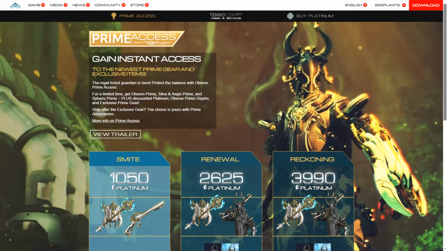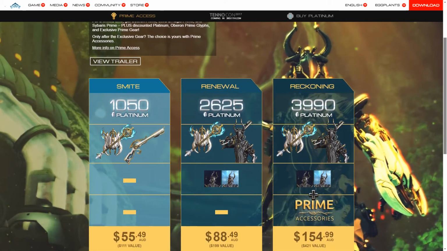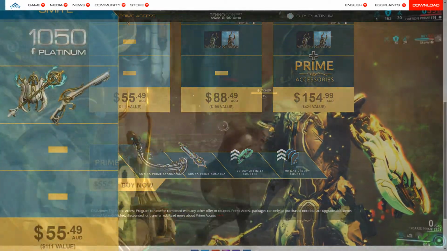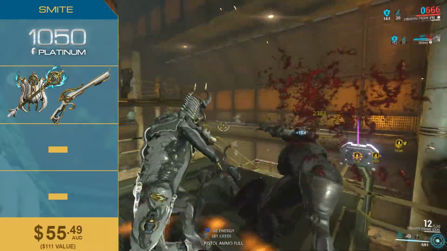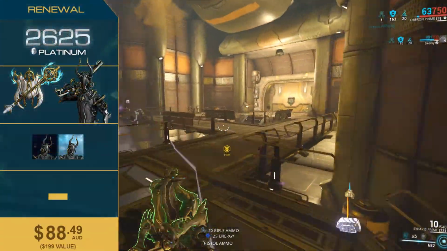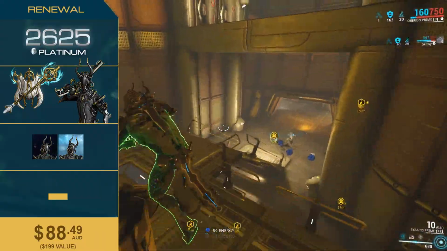Oberon Prime just went live as of update 20.6.2 and is now available for purchase at the Prime Access page on the Warframe website. There are 4 different packs that you can purchase. Smite, which costs $55 and contains the Cerberus Prime, Silver and Aegis Prime, and 1050 Platinum. The next pack is Renewal, which contains the previously mentioned weapons, Oberon Prime, 2625 Platinum, and the Oberon Prime Glyphs